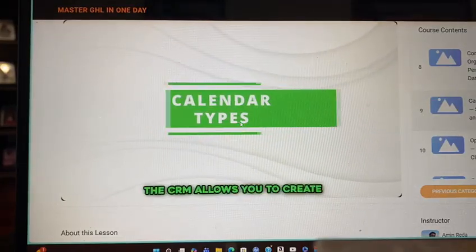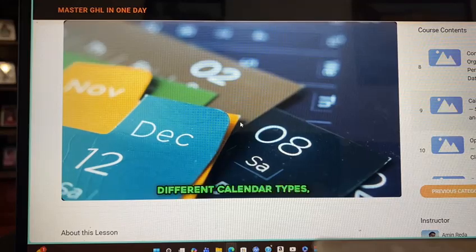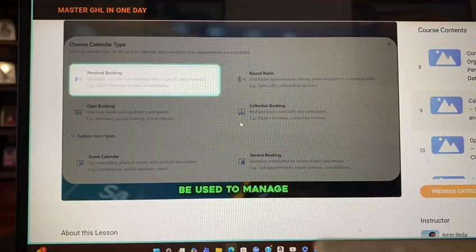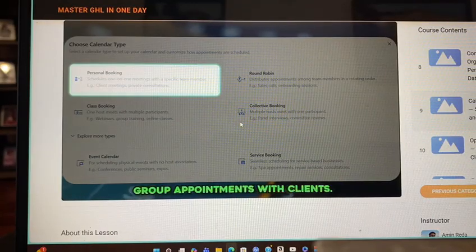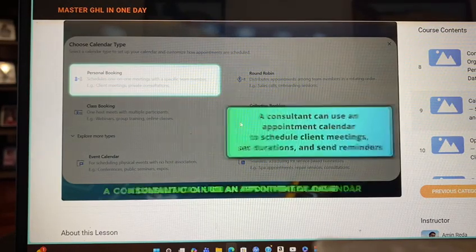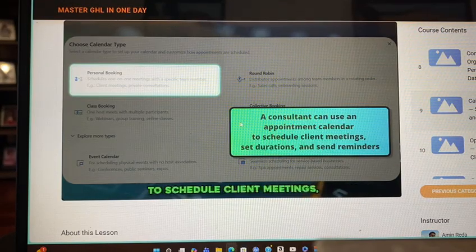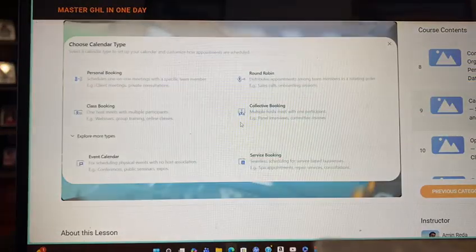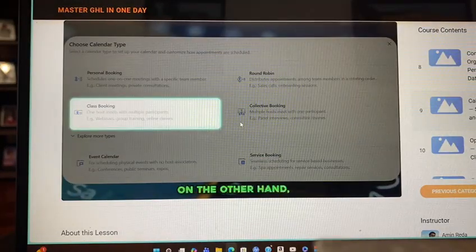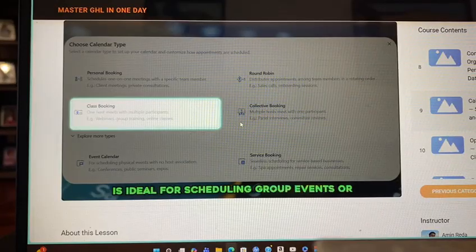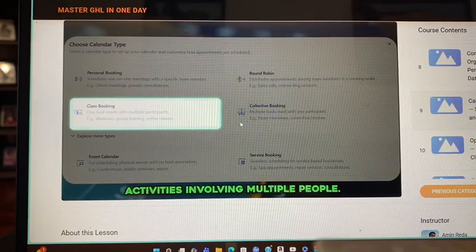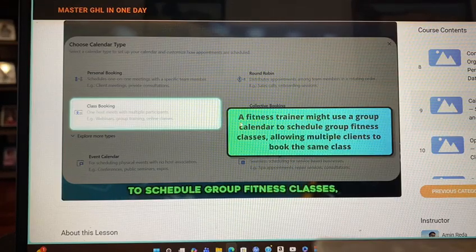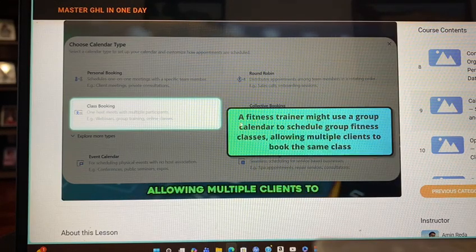The CRM allows you to create different calendar types, each designed for specific needs. An appointment calendar can be used to manage one-on-one or group appointments with clients. For example, a consultant can use an appointment calendar to schedule client meetings, set durations, and send reminders. A group calendar, on the other hand, is ideal for scheduling group events or activities involving multiple people. For instance, a fitness trainer might use a group calendar to schedule group fitness classes, allowing multiple clients to book